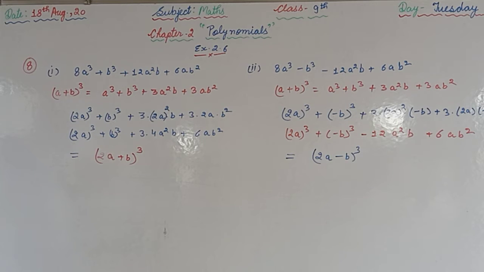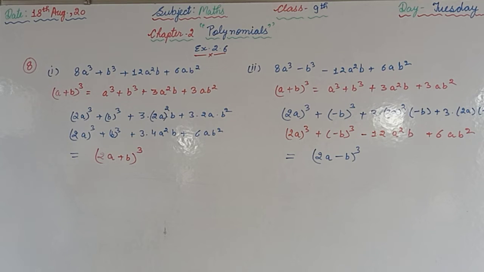27 we can write 3 whole cube, minus 225A cube we can write minus 5A whole cube. Afterwards you can use that formula and you will get the answer, that will be 3 minus 5A whole cube. In next question 4, the answer will be 64A cube, you can write 4A whole cube, and 27B cube you can write 3B whole cube, then the answer will be 4A minus 3B